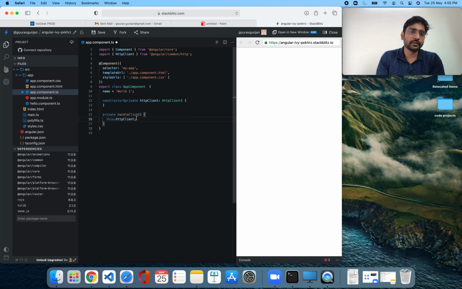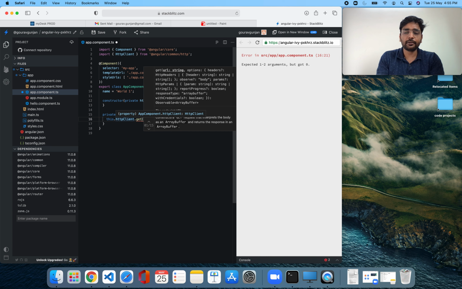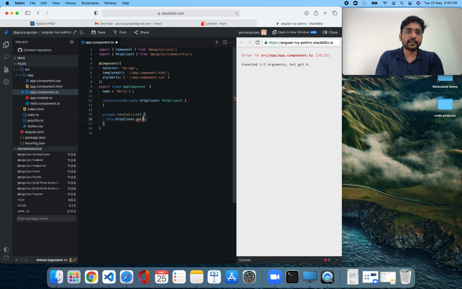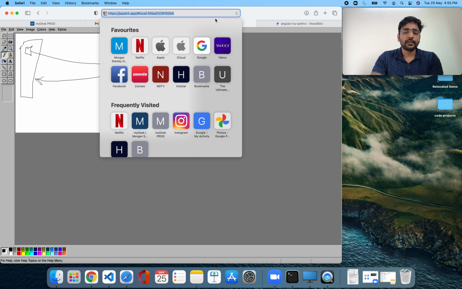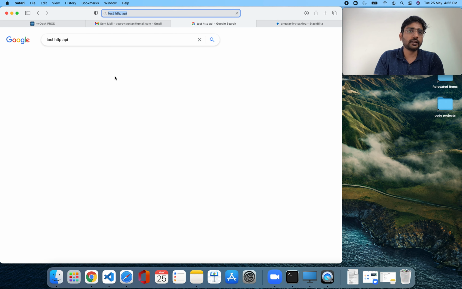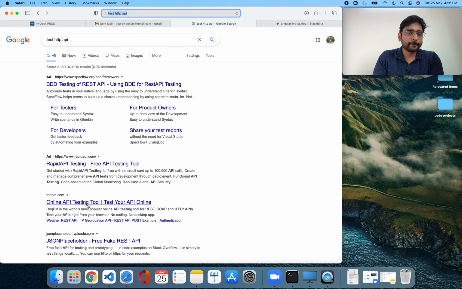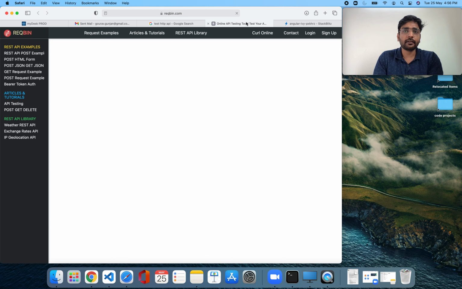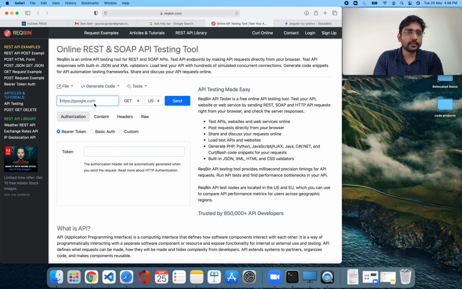Anyways, continuing. So generally what people would do is when you write get, you would write some URL inside this, and it would hit that URL and get some information out of it. So let's find some URL to get information. Just an HTTP API. We are just writing some request bin. We are opening some soap thing.